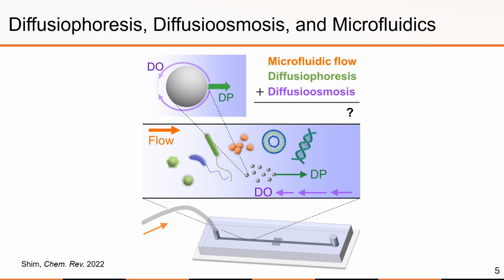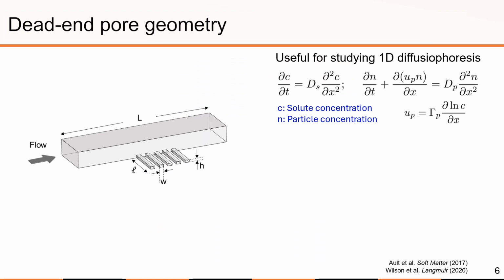So I'll start by talking about one channel design that we frequently used in our research, which is the dead-end pore configuration. The dead-end pore geometry has this typical design. Narrow pores are located at one side wall of the main channel, so that both the transient solute gradient and the corresponding particle motion can be observed along the pores. Such a configuration is known to be useful for studying one-dimensional diffusiophoresis, as the salt concentration profile is nearly one-dimensional inside the pore. In this way, we can compare the experimental results with the one-dimensional solute diffusion equation and the particle